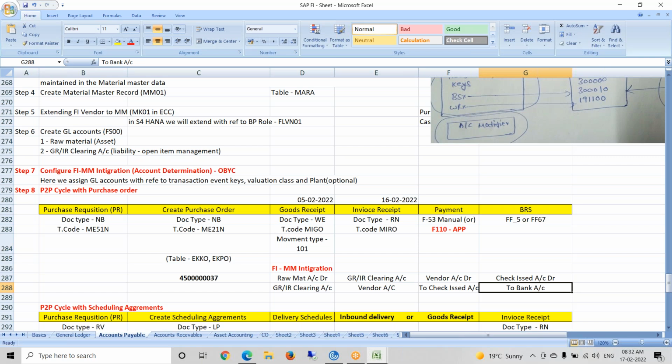Sir, one doubt, sir. Yeah, please. Sir, if we purchased goods for, say, 100 rupees, when we receive the invoice for 110, there will be a difference of 10 rupees, right? Yes. So GRIR will not match, right? There will be a difference in GRIR clearing. At invoice time, it will post to the material account only. Okay. That's why we are getting clarity.